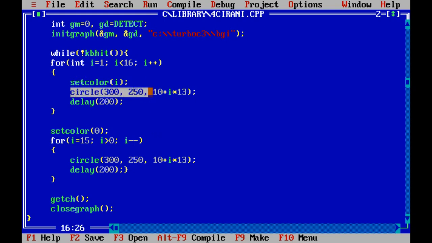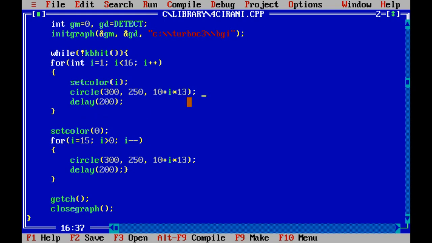Circle, as discussed earlier, this line draws a circle with center 300, 250 and the radius changes each iteration by the for loop, and each time the radius is increased by 13.